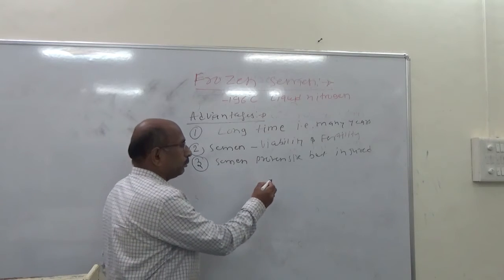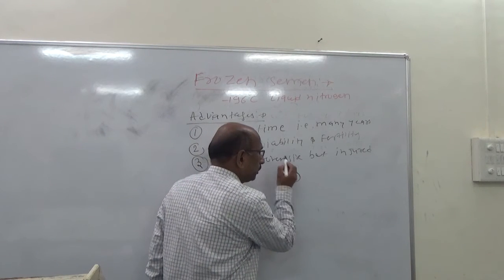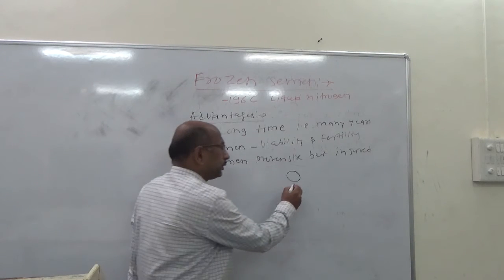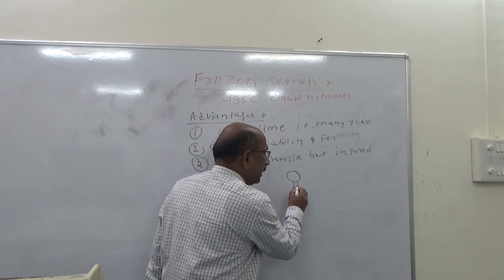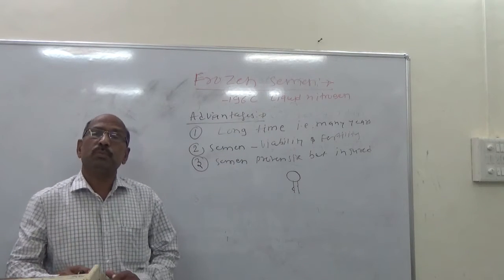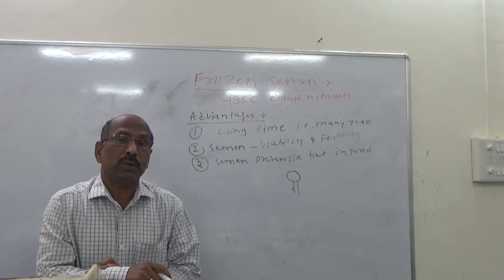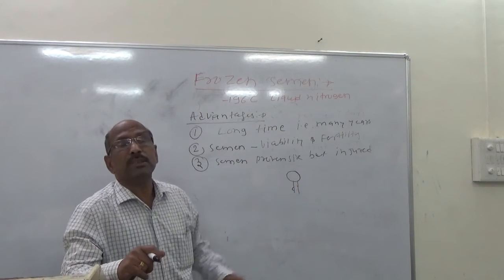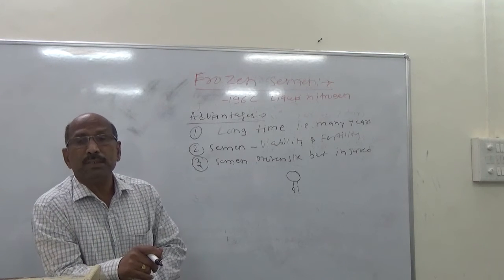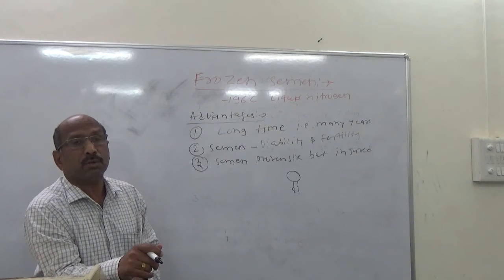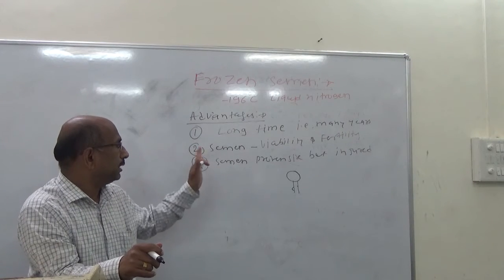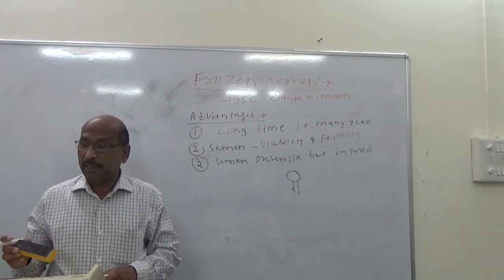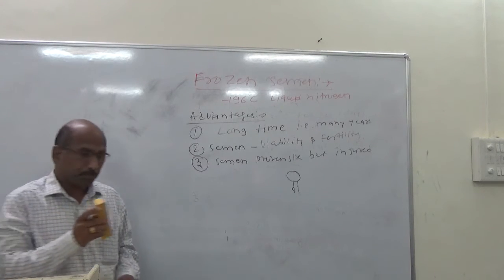Suppose a particular bull is of good quality, but has a leg injury. In natural mating, this bull is unable to mount other cows. The semen of that injured bull can be collected and used for deposition in the artificial insemination technique. So semen from proven but injured sires can be used efficiently.